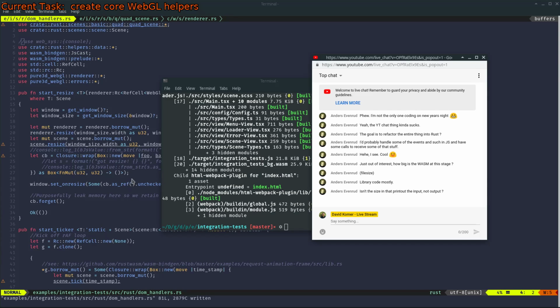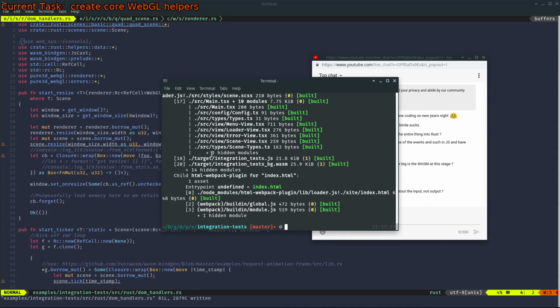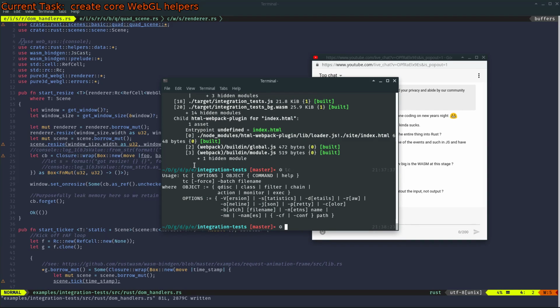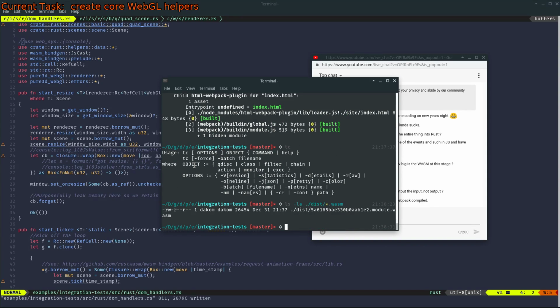But for right now, isn't the size net print out the input? No, it's this. I think it's this final one. I forgot how, is it TC? I forgot. But if I just list the, let's see. So yeah, it's 26K. Now, out of curiosity, if I like,